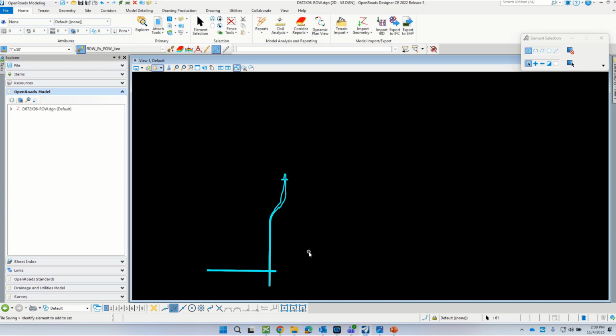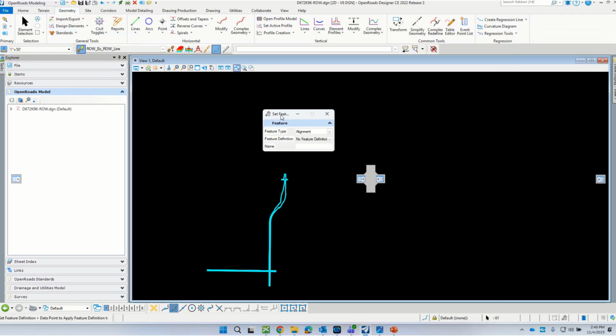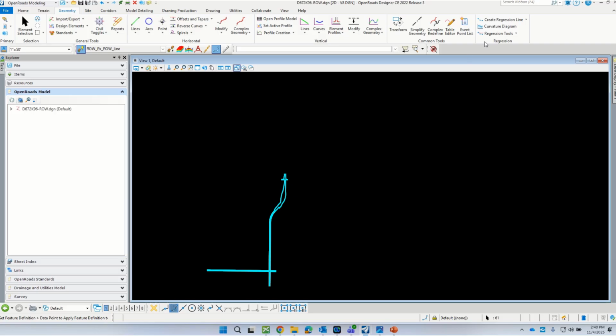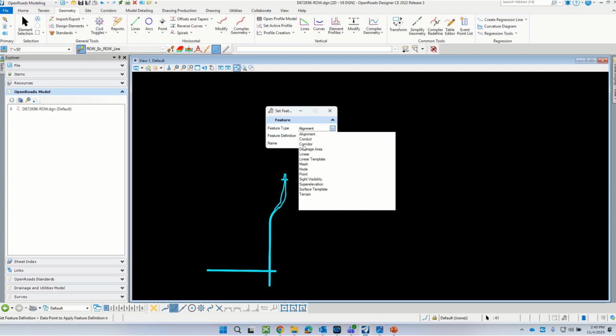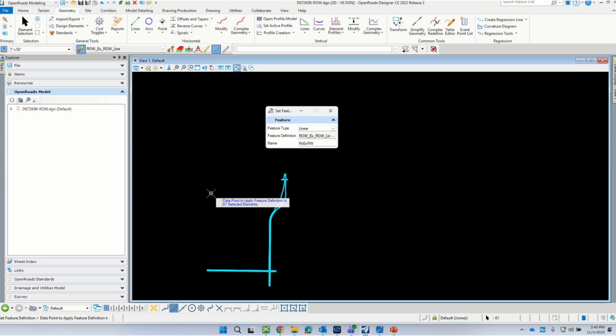And then, because the lines are already drawn, what we're doing is really just applying a feature definition to those lines. So if I go to geometry, then under standards, we've got a set feature definition. And let's see. Oh, I guess this one does not have active feature definition, so I may have to actually point to it there. Let's take a look at that. Okay, so set feature definition. Let's see, is it located here? I guess it's a linear type item, and we'll just go right-of-way, existing right-of-way line,